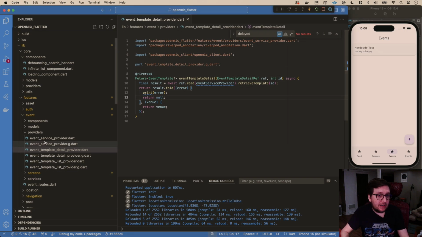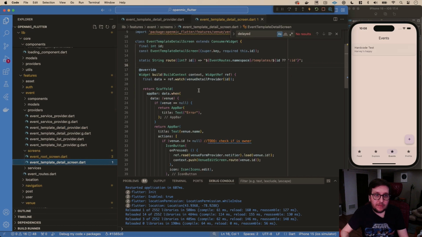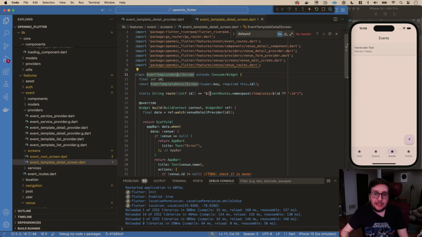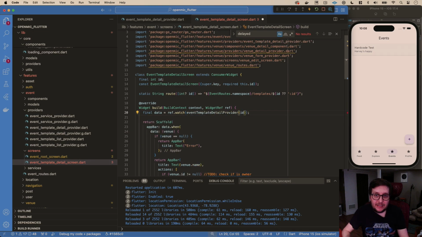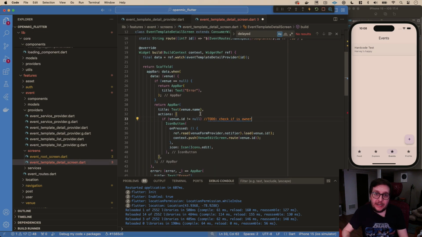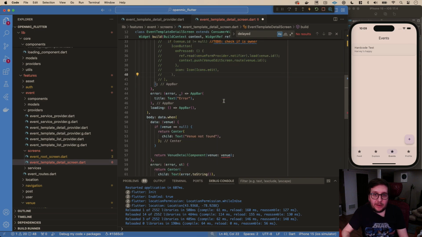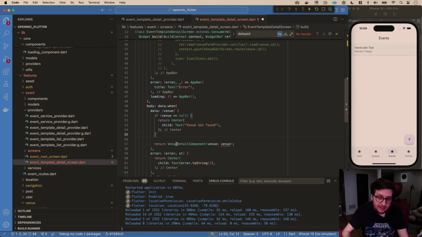So let's go to our screens. And we already have the detail screen, don't we? Yeah, we just didn't get this. Event template detail screen. Yeah, we did this. Here's where we were. Event template detail provider. Pass in the ID. This would be for editing, so let's just comment out this entire action, and in that case we can get rid of actions because we're not going to worry about editing them at this moment. Okay, then we want to use our venue detail component, but really we want to be using our event